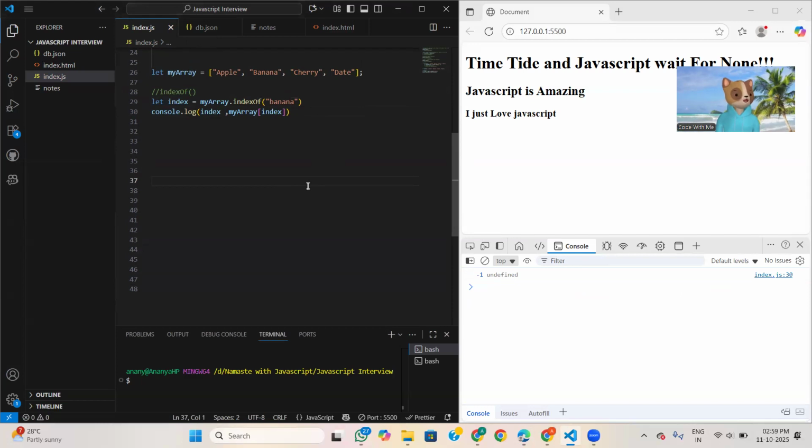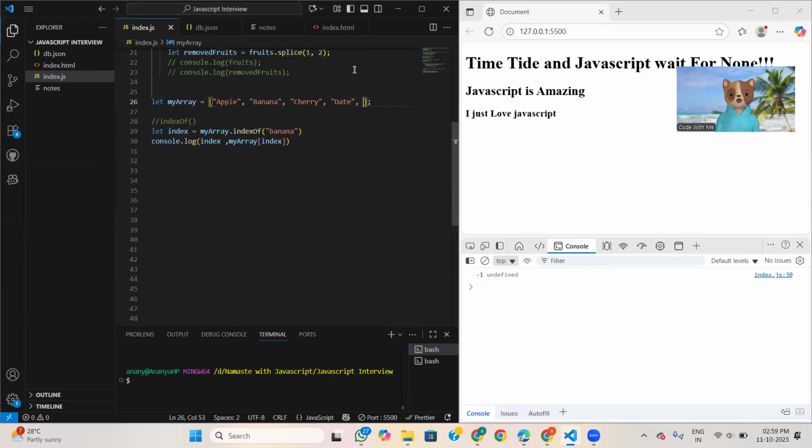So basically, if two bananas are present, then in that case what will happen? It is returning only the first one. The definition of indexOf is that it returns the first index at which the given element is found in the array.